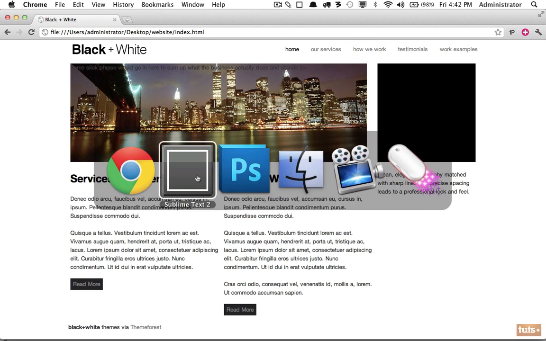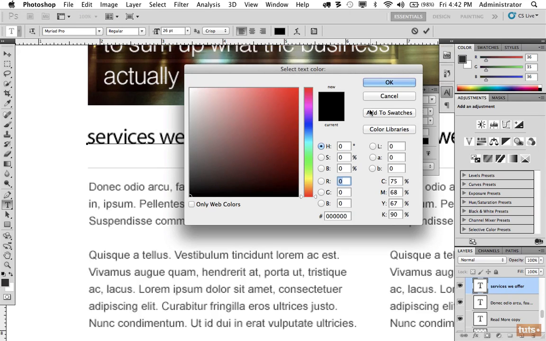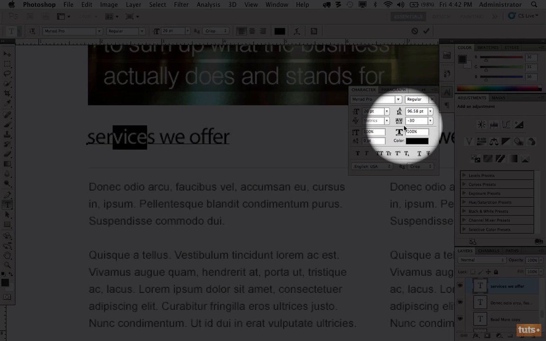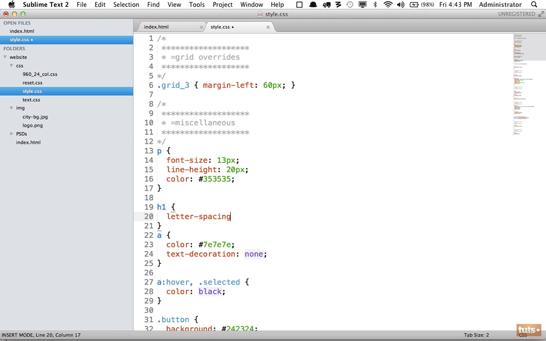But what about headings? Is he keeping the same color as well? And once again, I'm going to select this text, choose the color, and it does appear that he's using black as well. If we also look here, we can see that he has a really high line height set up, but we don't want to do that within HTML because if your heading does break onto a new line, that means every single sentence is going to have that huge spacing. So what we should do is add some padding below it instead. And it looks like he's also set the letter spacing reduced as well. So we will come back. Let's specify that H1 tags have letter spacing of -1 pixel,